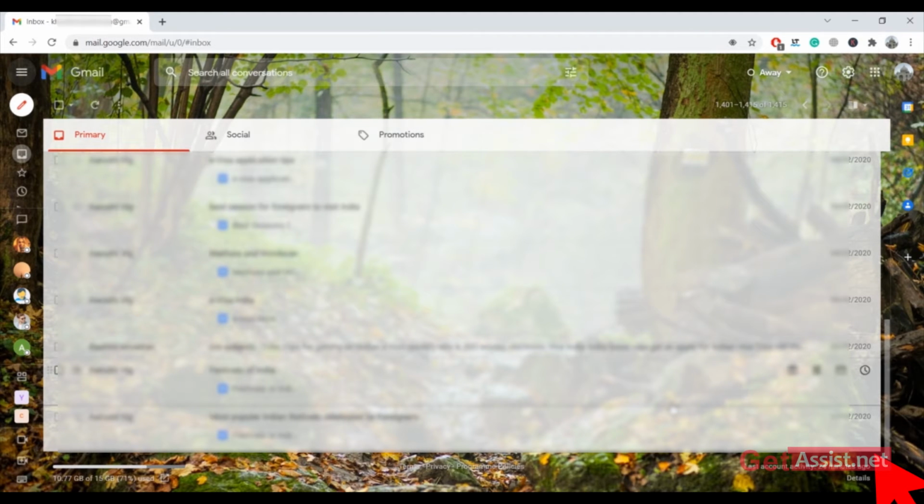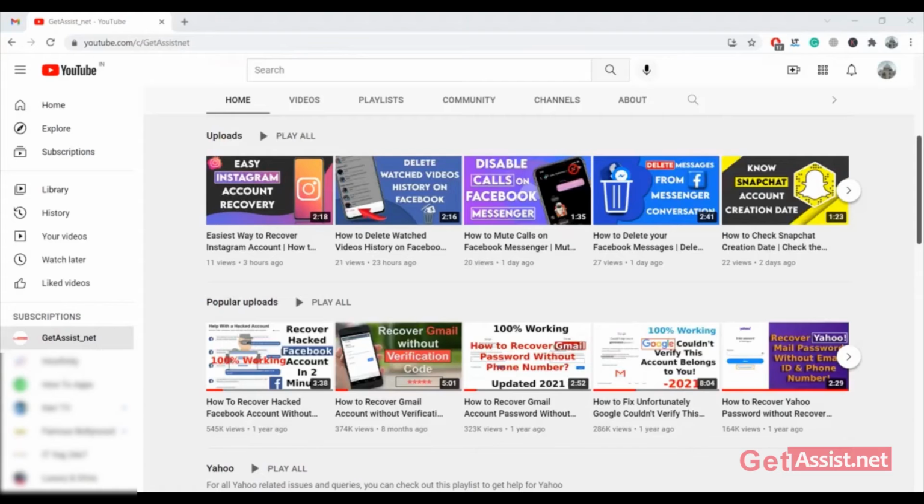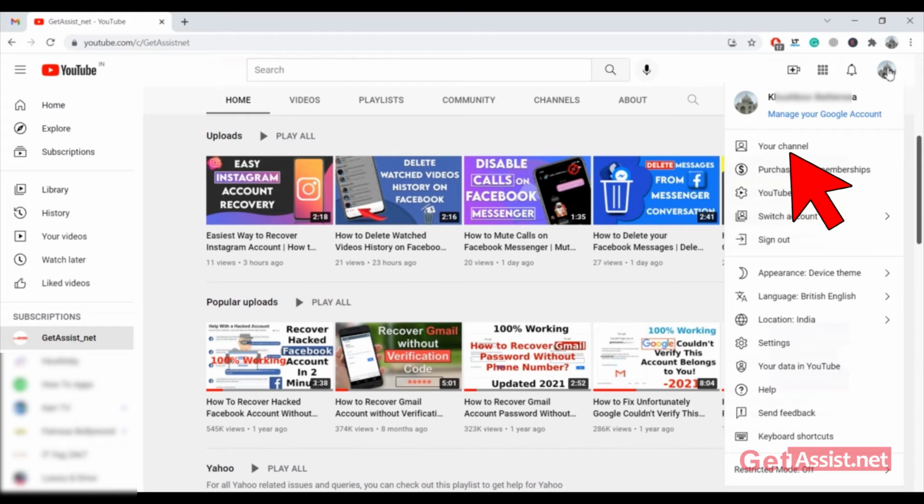Now if you don't have the welcome email, the next method might work out for you to find when your Gmail account was created. Now the next thing you can do to see when you created your Google account is to check the year that you joined YouTube, which is also the same year that you created an account on Google. For that, you have to log into YouTube with that Gmail account, and then you have to click on the profile icon in the top right corner. Now from here you have to go to your channel.